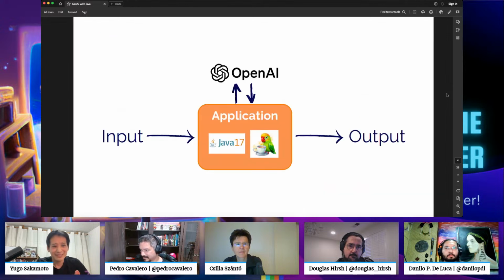A very simple hello world application using a large language model receives some input, some text, some question, sends this input to the OpenAI model, then grabs the response back and prints it on our terminal. That would be our very first hello world application.